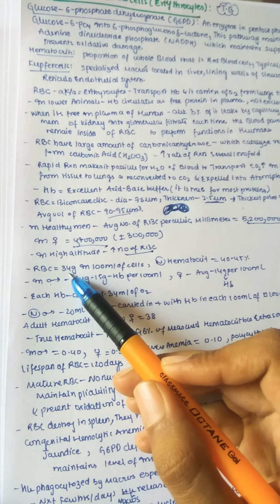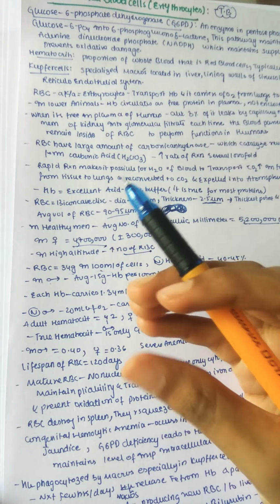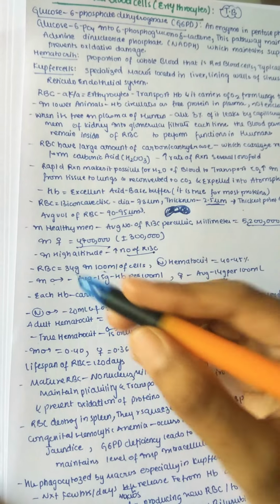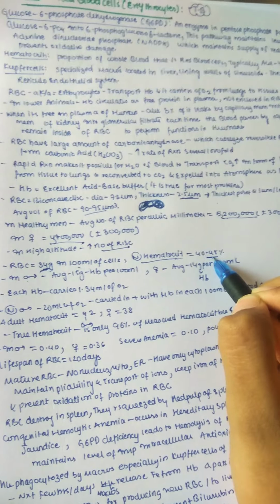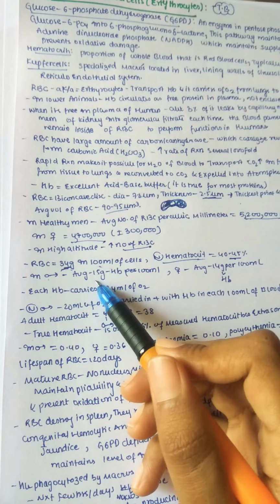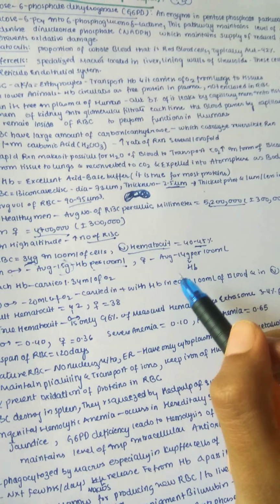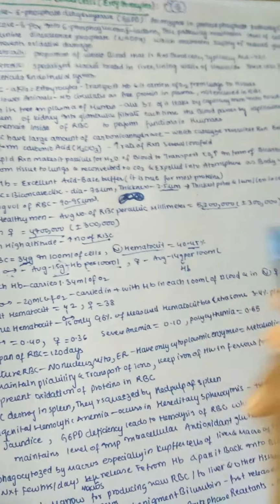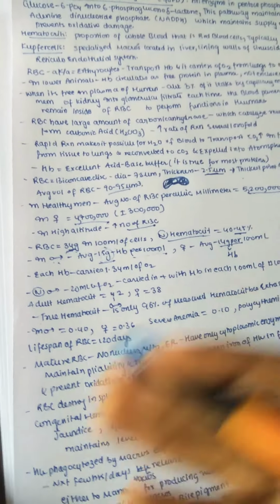So RBC is 34 grams in 100 ml of cells. For example, as we said, if we centrifuge a solution, we see RBC. If you take 100 ml of blood, in that we have only 34 grams of RBC. And the normal hematocrit is about 40 to 45%, that is the proportion of RBC in blood. And the average hemoglobin present is 15 grams per 100 ml, sorry, that's in male. In male it is about 15 grams in 100 ml, and in female it is 14 grams per 100 ml. So this is the hemoglobin value which is present in our blood.